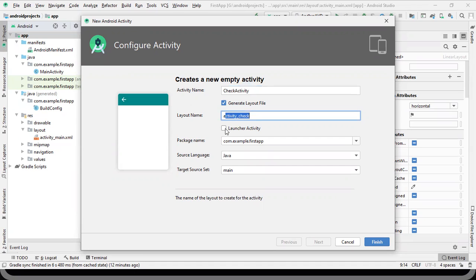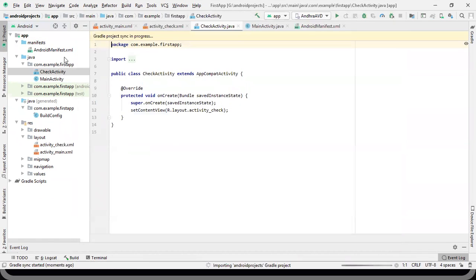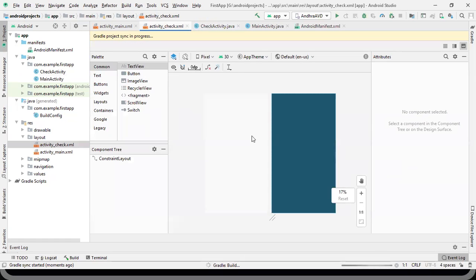If you want to make it the launcher, then select it as a launcher. The package name is com.example.first, and then finish. Now you can see the check activity class is created and its associated layout file is activity_check.